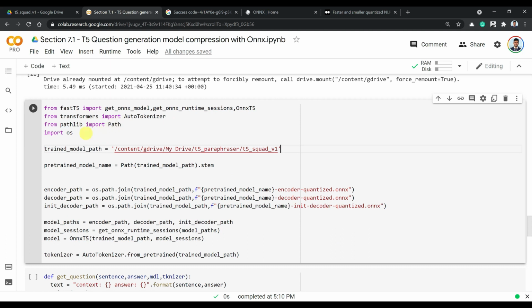Instead of loading our T5 transformer model from Hugging Face, here we are going to use FastT5 and load our quantized model. So here we are giving the path to our encoder quantized ONNX, decoder quantized ONNX, and these three files.